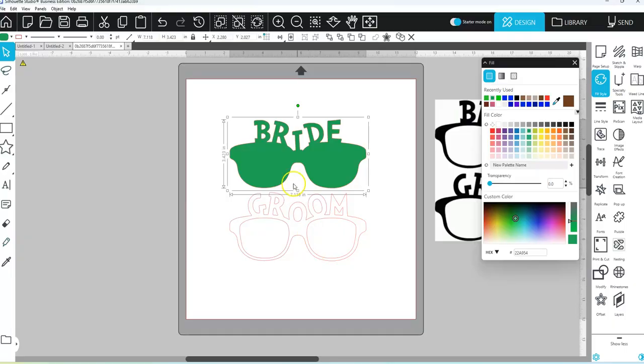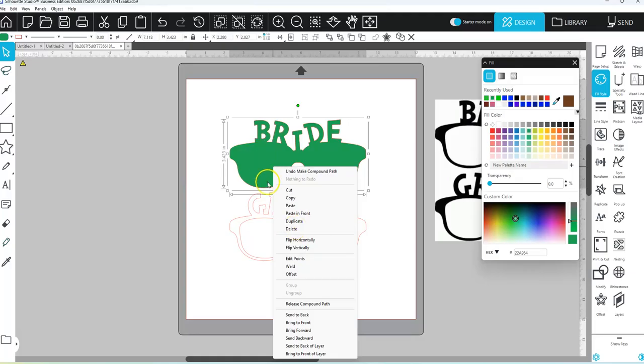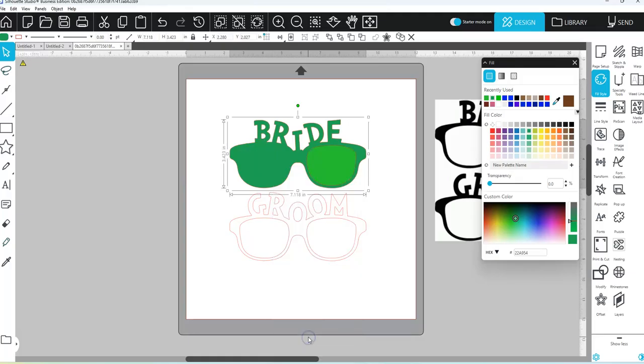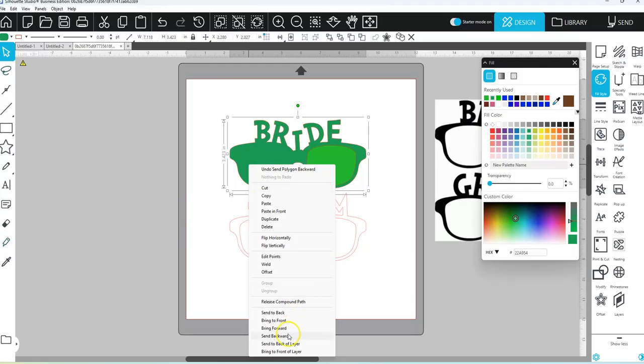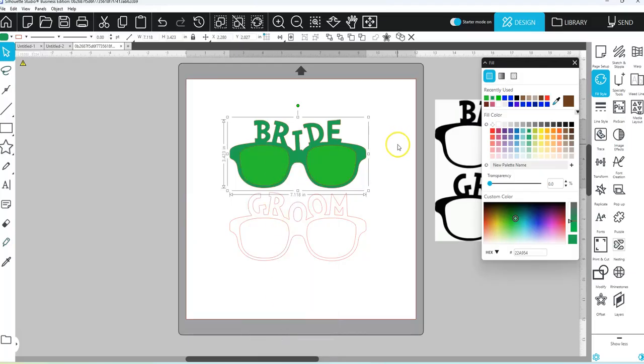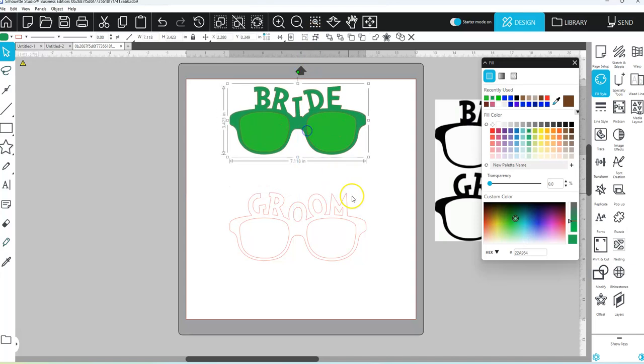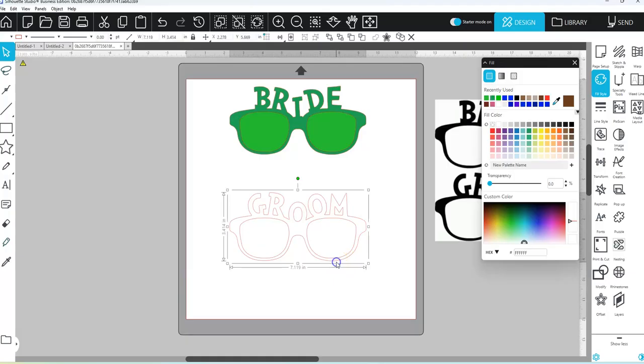There we go. But you see how I lost the brighter green? So I'm going to right click on it with it selected, and I'm going to go backwards. And looks like I'm going to have to go backward again to get the other one in there. So I'm going to now group these together and just put it up there. And now we'll do the same thing for the two centers of the O and the two for the R. So with the groom glasses,